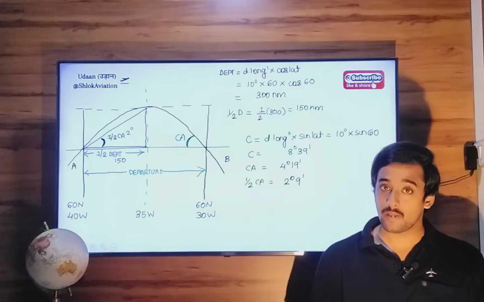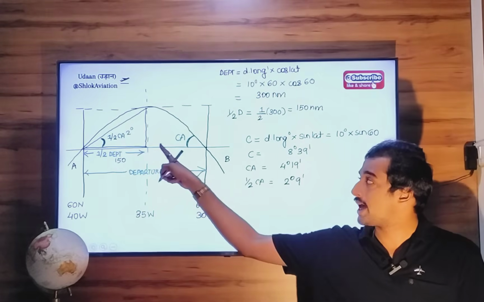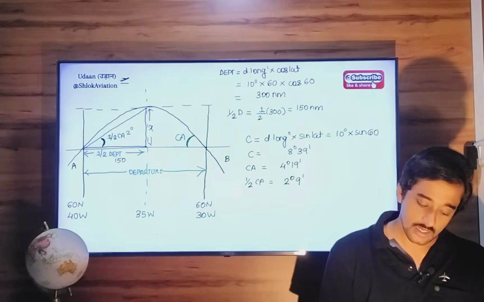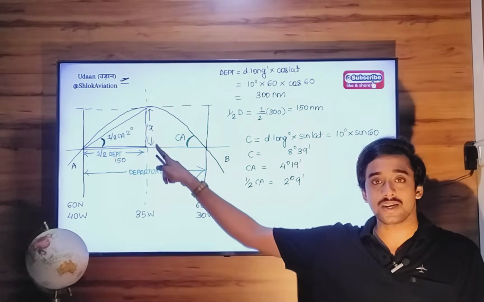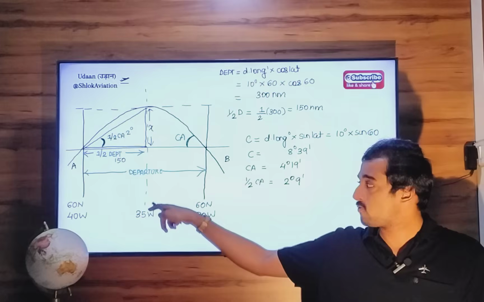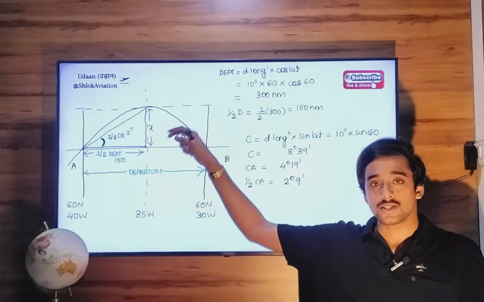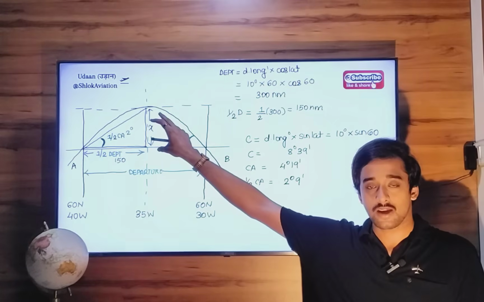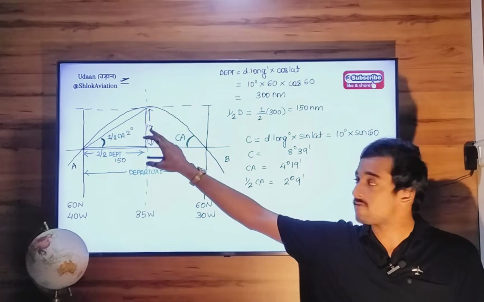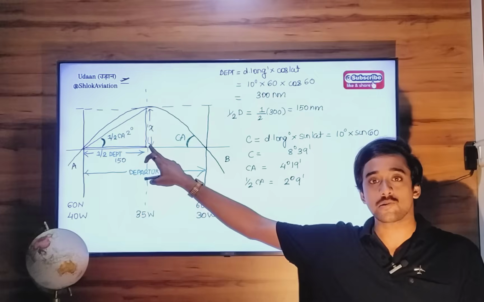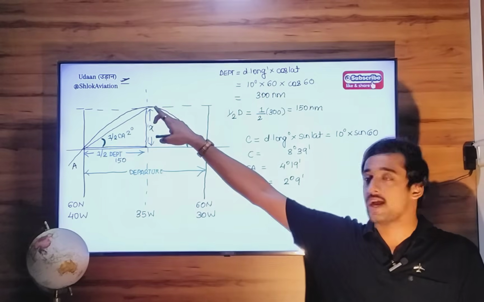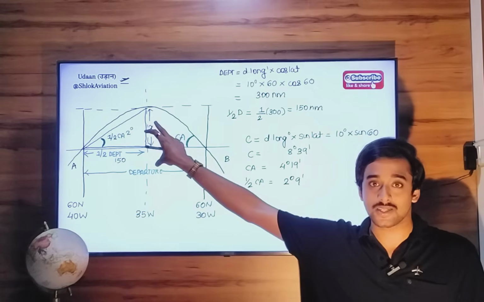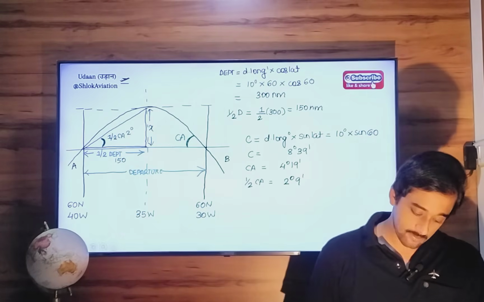Next step will be to apply the tan theta formula in this triangle. So we will have to find this x value. This x value is nothing but the great circle distance. This meridian of longitude is a great circle track. So a part of that longitude will be a great circle track. We are going to calculate the distance traveling from this particular latitude, 60 north, to this particular latitude. We have to find this latitude. We will find that out first. Let's find the distance between them. So step 3,